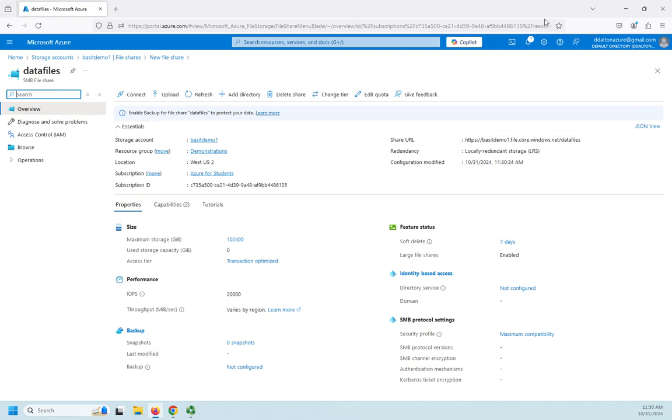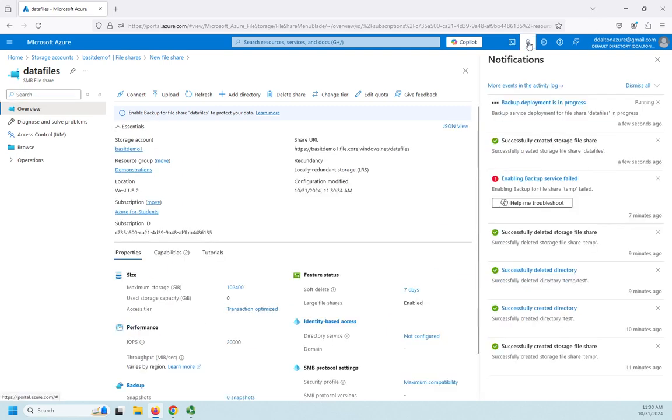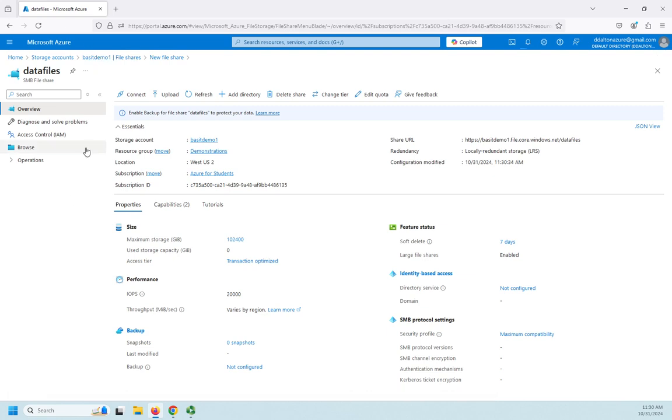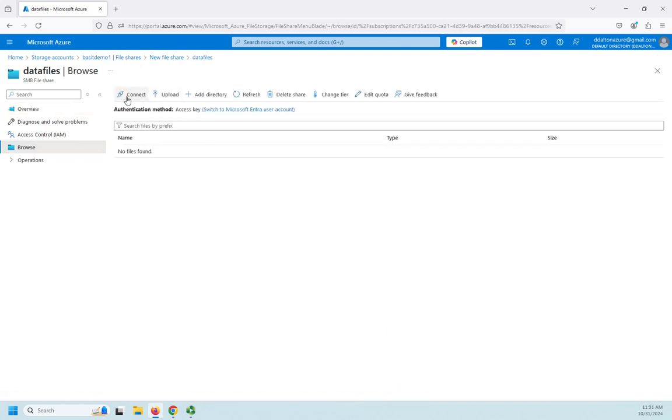I'm going to wait for this here to finish and tell me that it's created. See if that's the process it's still working on. Oh, backup deployment. So our file share is up. Now it's working on the backup deployment. Cool. So since the file share is up, I can browse my file share. And here I can